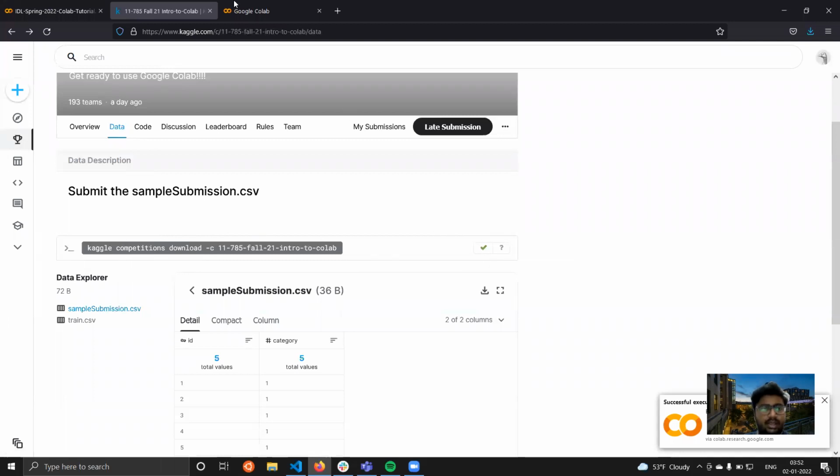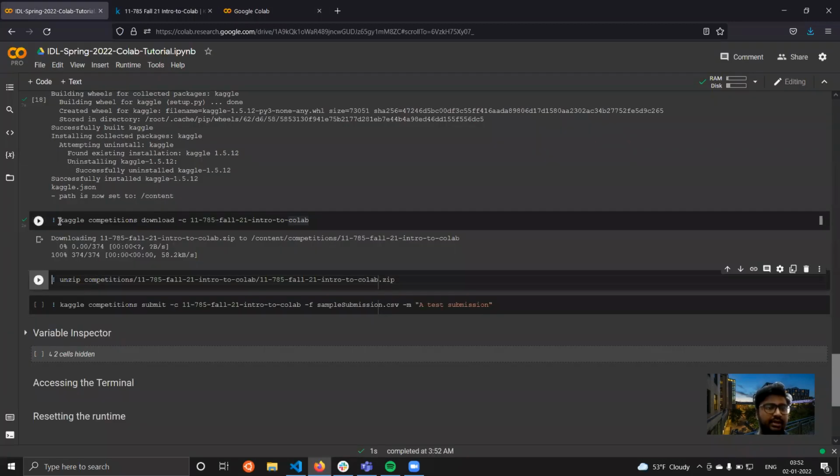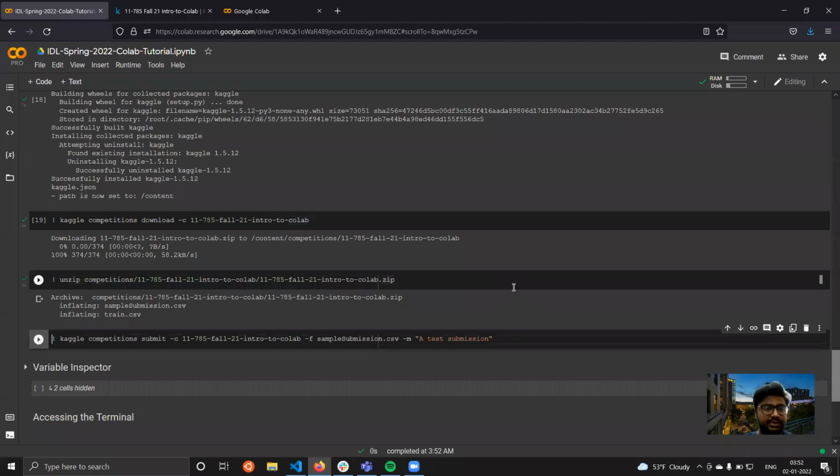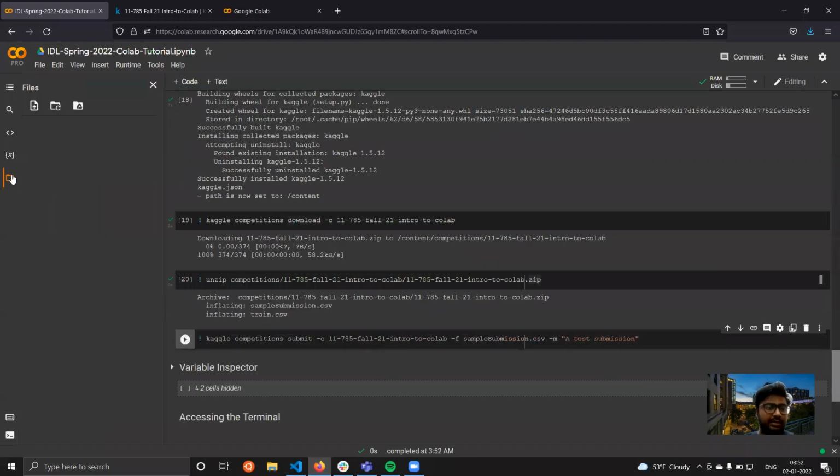You can just copy and paste it here with the exclamation operator and execute it. Next, you can unzip the data that you have just downloaded. And if you go to the file explorer here on the left, you can see the data that has been downloaded and unzipped.